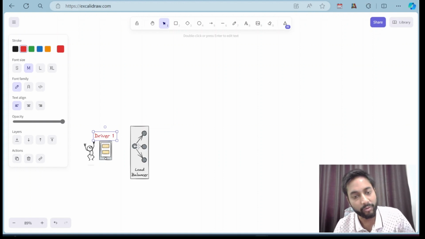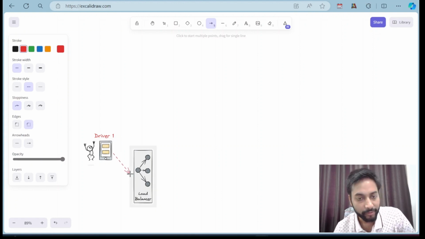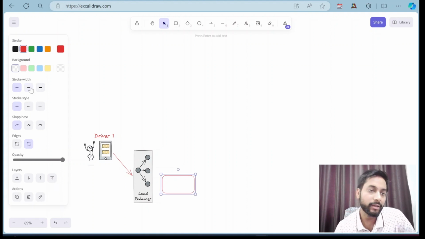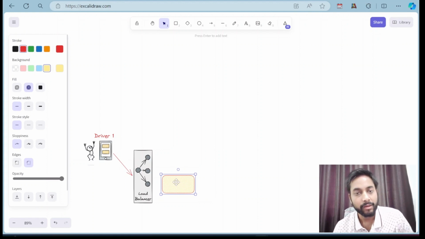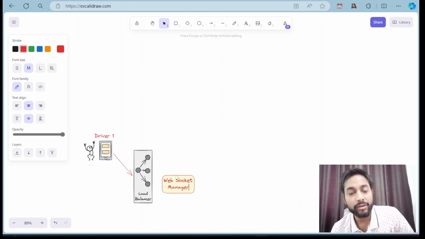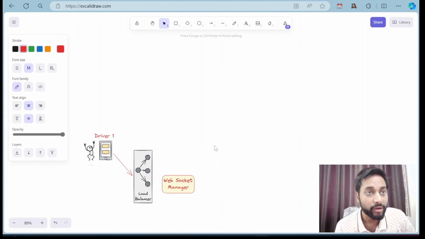Driver one will make a request to our server via this load balancer, and it will first reach the WebSocket manager that will initiate a connection of one of the servers with the driver. So basically we want to maintain an open connection through which the driver and the server can talk without any interruption, because the driver has to update its location,